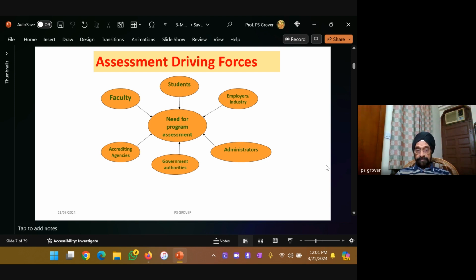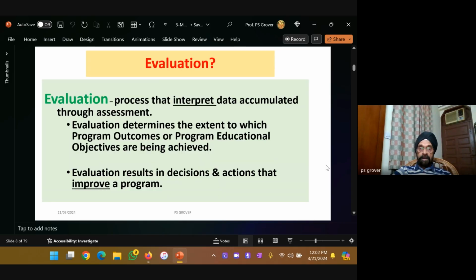Assessment helps the faculty to ensure that he has been able to achieve what he wants. So, driving forces for assessment are faculty, students, then accredited agencies, government authorities, administrators, and so on. So, essentially, the assessment should be highly reliable. Now, it's interesting to appreciate that in the framework of outcome-based education,